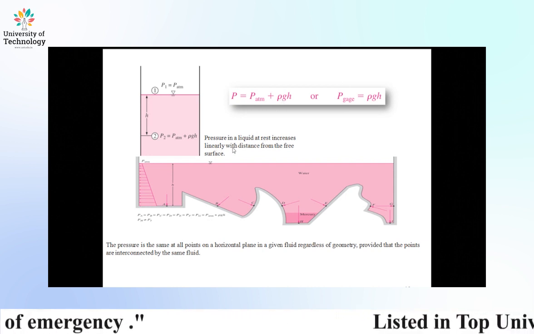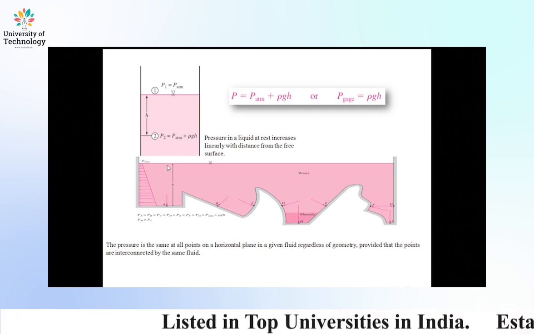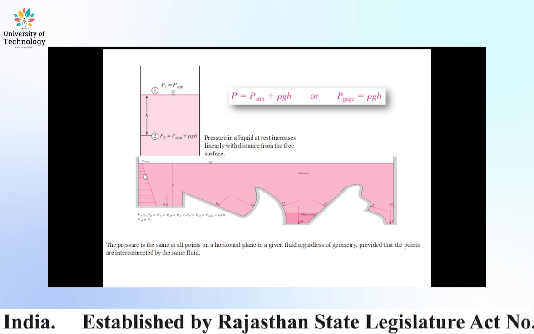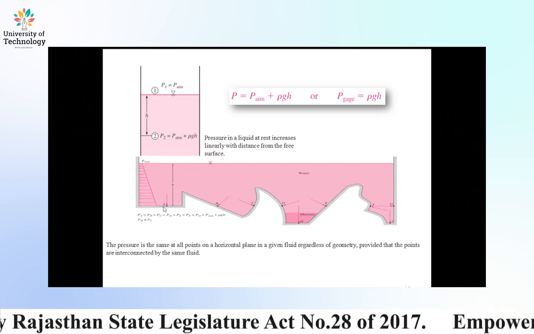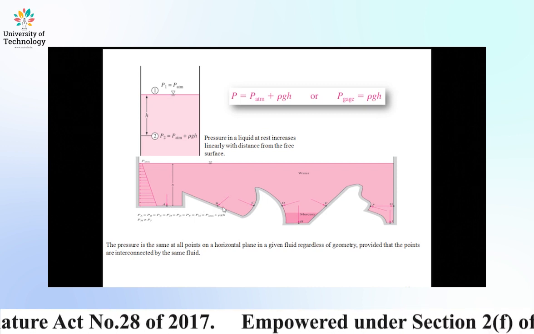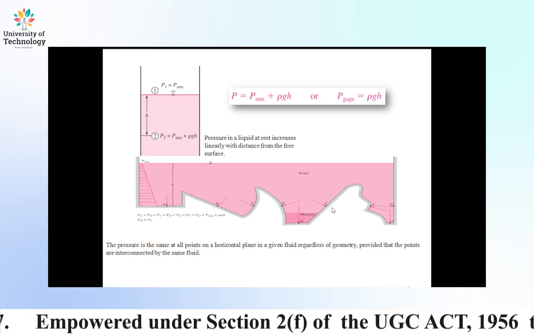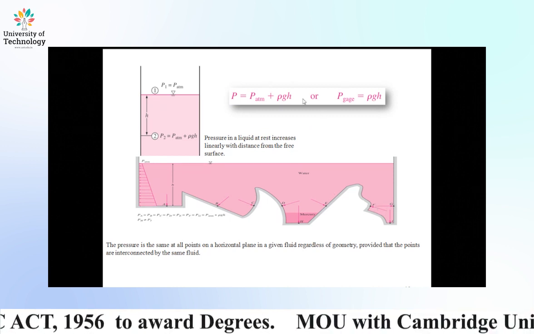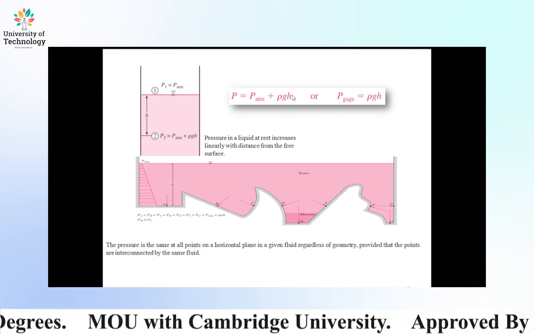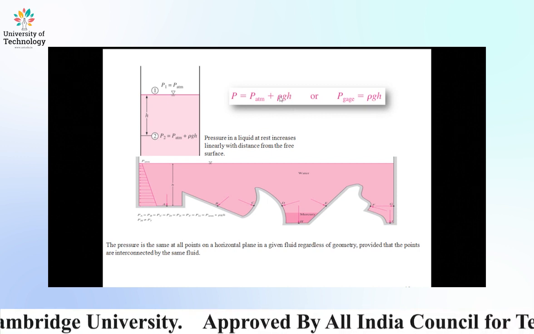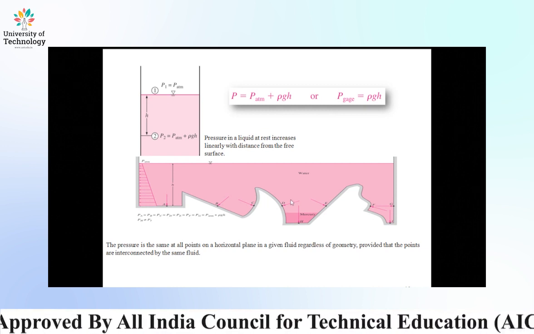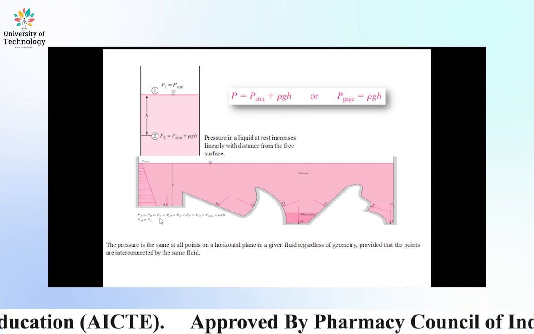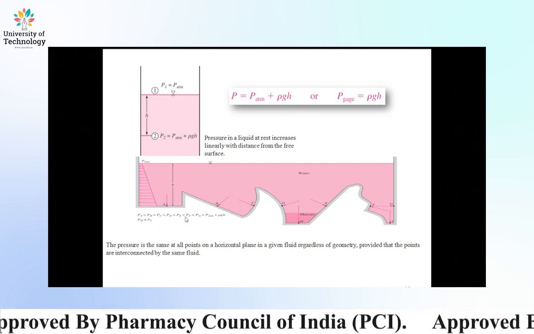Look at the fluid from this to this. Pressure steadily increases with respect to depth. Point A, point B, point C, point D, point E, point F: all these points have the same depth. So pressure is only dependent upon h, the depth, and the density of the fluid. For all these points, the same fluid is there, that is water, so pressure is also the same. So PA equals PB equals PC equals PD equals PE equals PF equals PG, which is equal to P atmospheric plus rho g h.